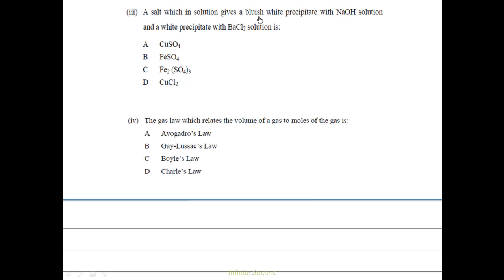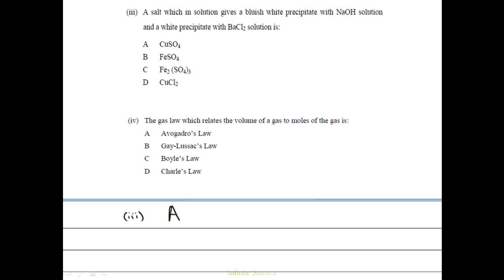If you read the question, a bluish-white precipitate is characteristic of the copper ion. The white precipitate with barium chloride is a characteristic of the sulfate radical. So therefore, the correct option would be A. So 3